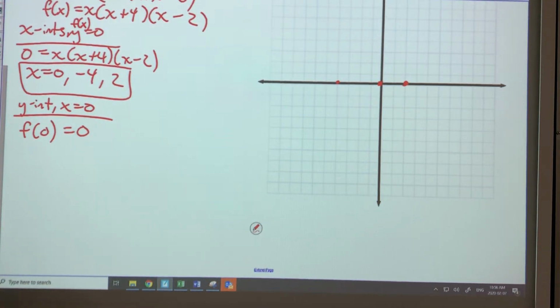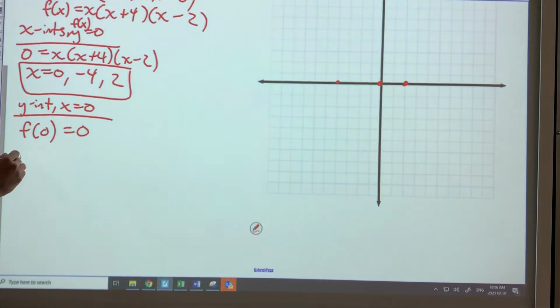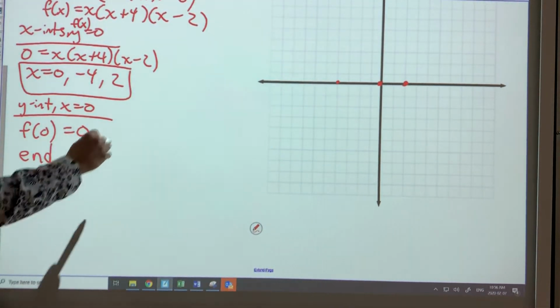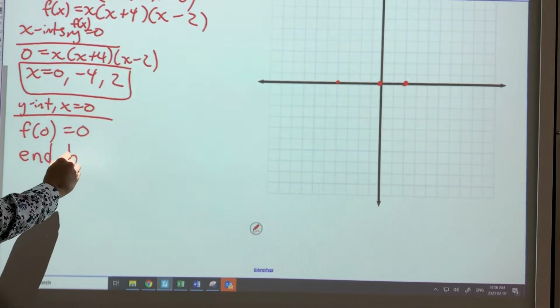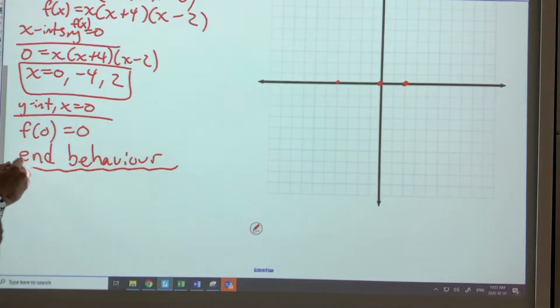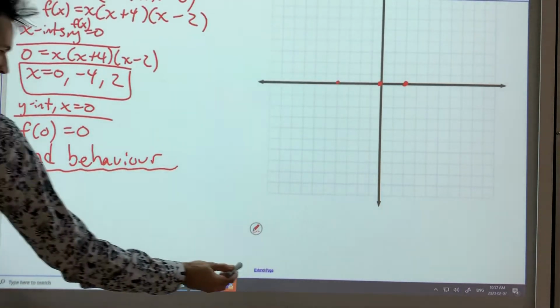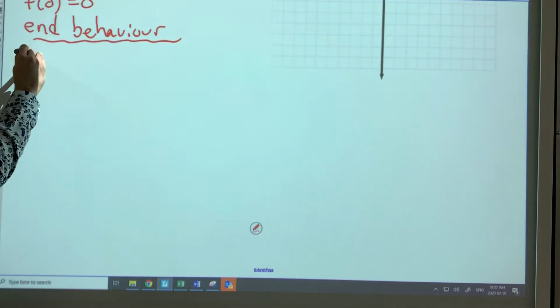There's one more thing we need to graph this. We need to think about the end behavior. You don't have to write it down, you could simply start sketching it, but because it's our notes, let's just write down end behavior and think about it for a second. So you go back to the original, and it is odd degree